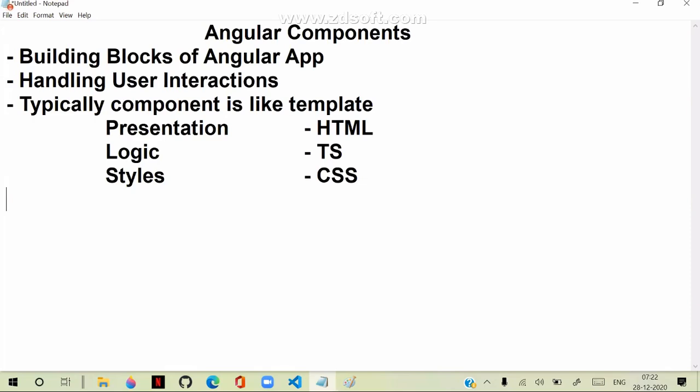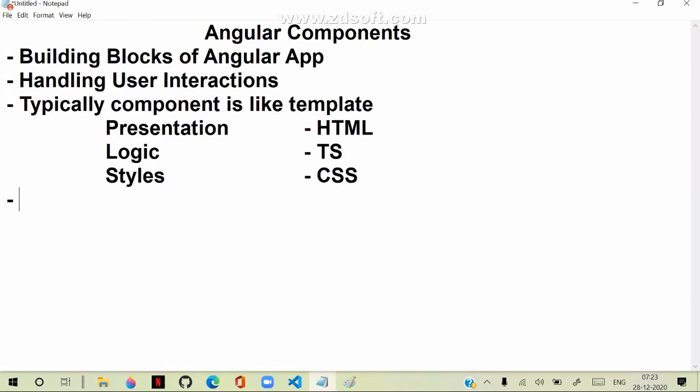So how to design these components? How do we work with these components? We will see that in detail. So what we are going to learn is how to design the components. So typically one point is clear, that a component is built with HTML, TypeScript and CSS, and it is integrated into the index page so that we can access and use the component. So let's see how we can design the component. Practically we will see that.